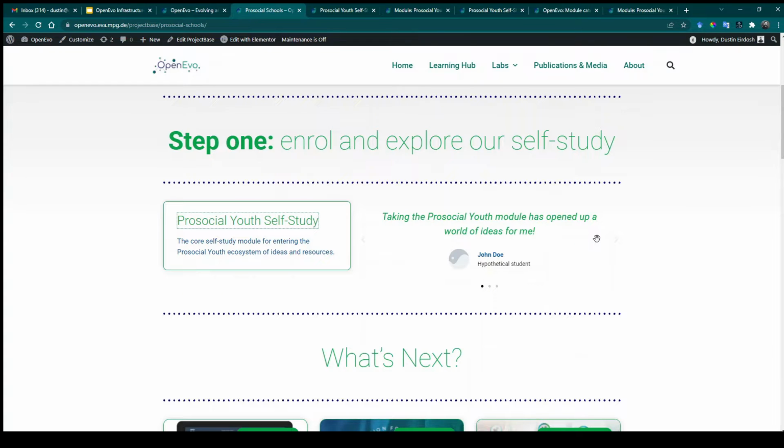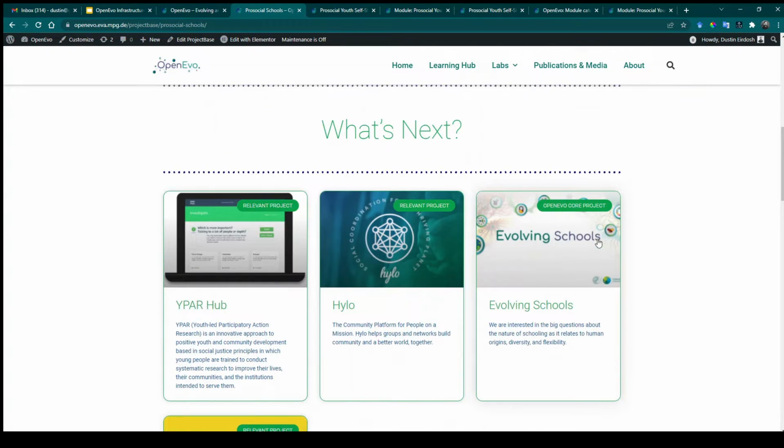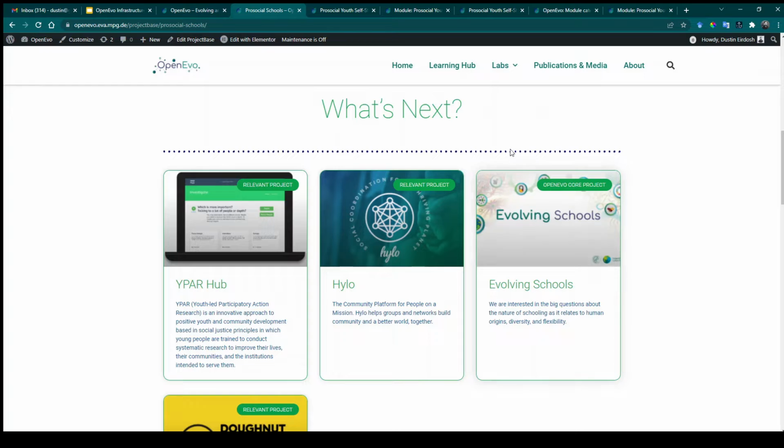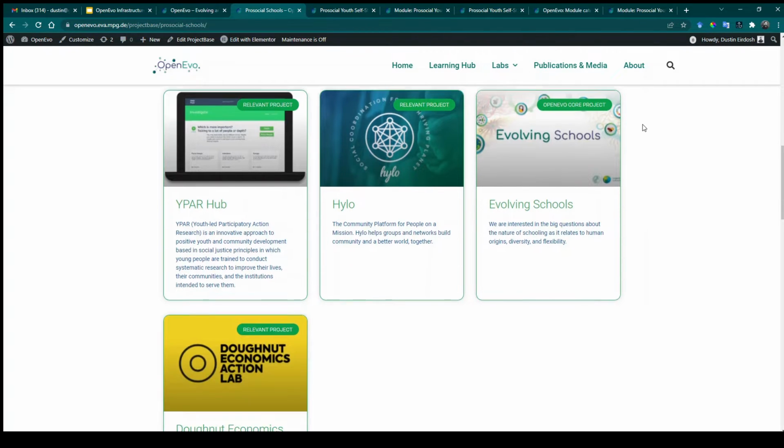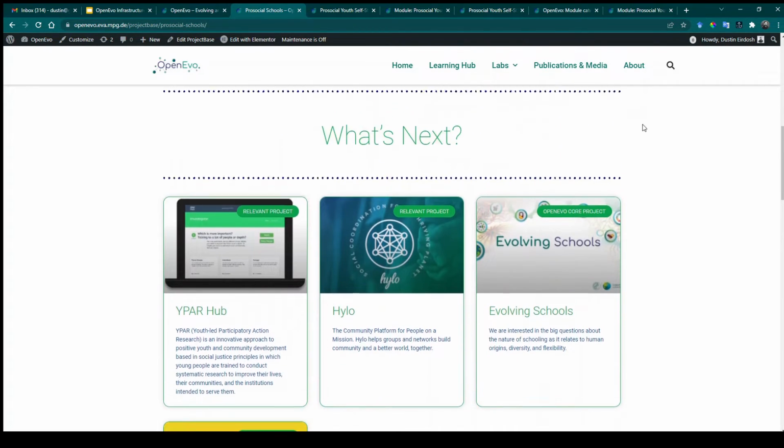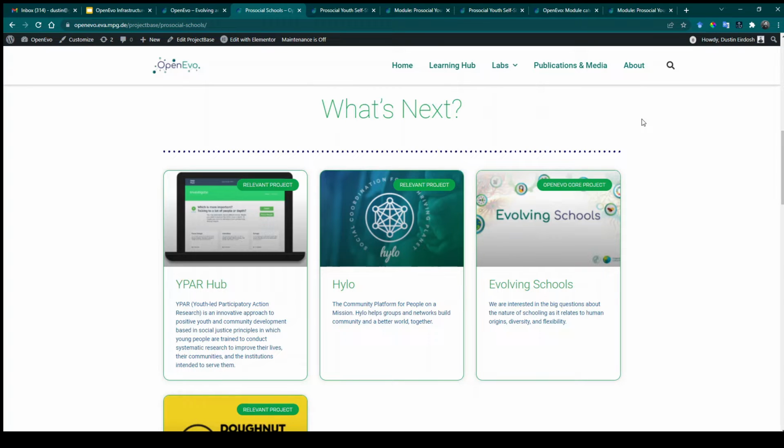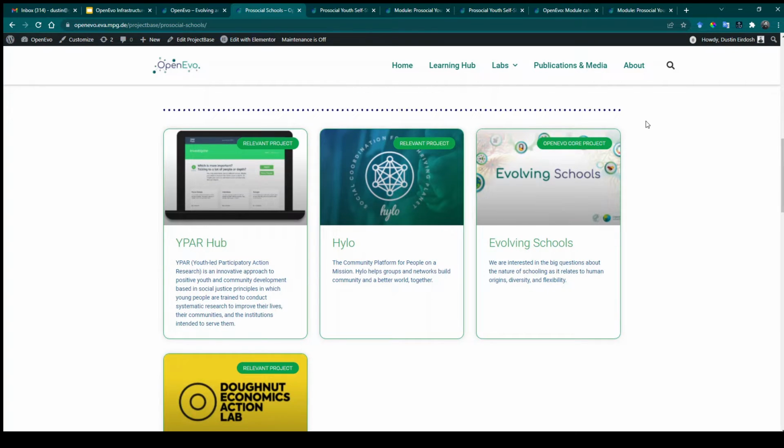And, of course, we can be marketing this in various ways. After students go through the module, as they go through it, they're going to be learning about all these different projects. And so some of these projects they'll want to engage further with. So they will be able to find that within the Moodle.